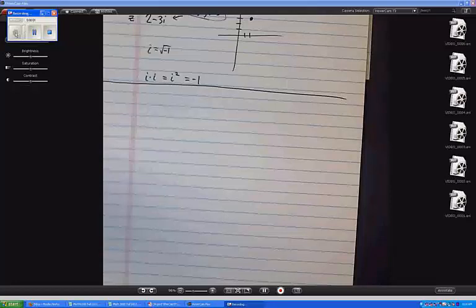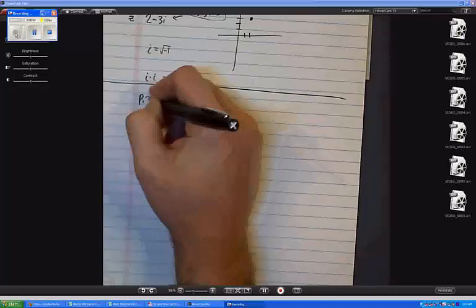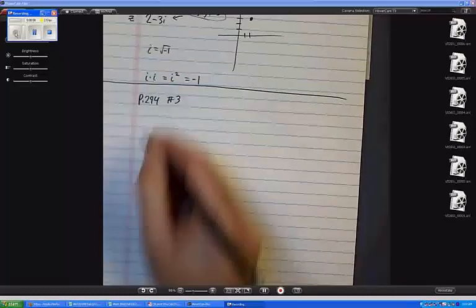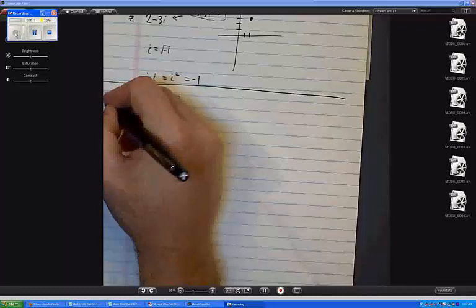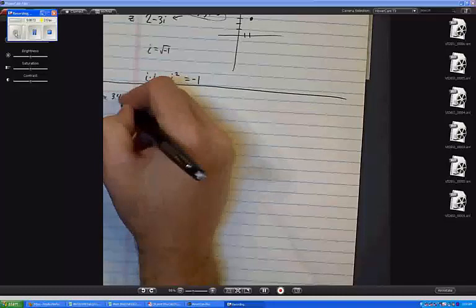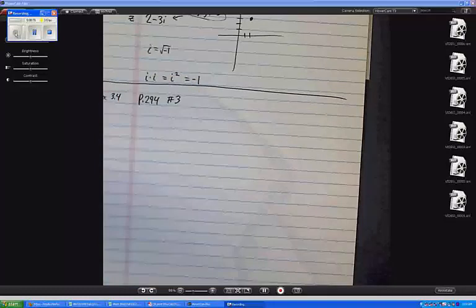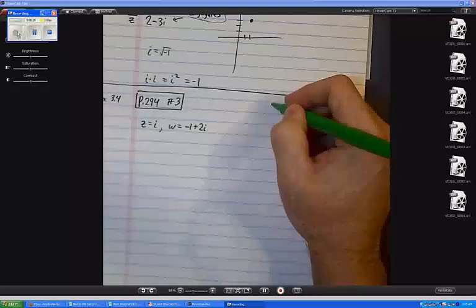So page 294, we're doing number 3. That's what you want to say? So this is section... They want me to find all kinds of things here. And I'll do that. By the way, one thing that makes this much more fun